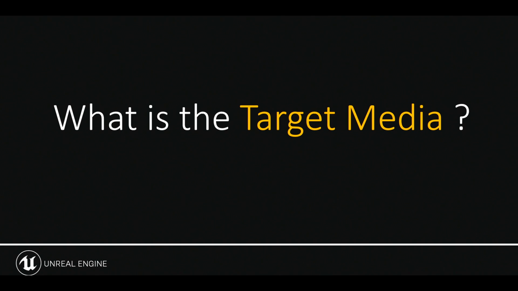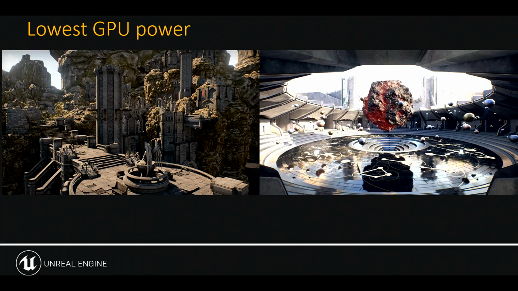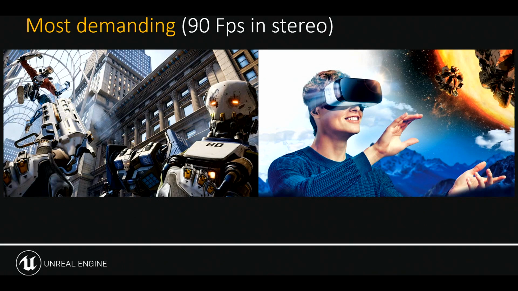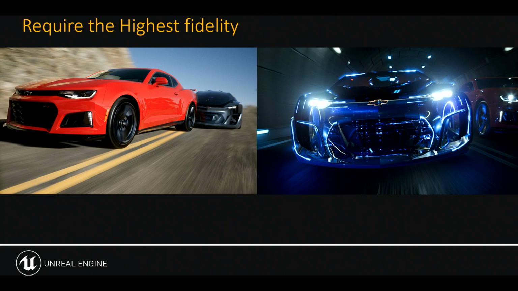So first of all, a technical question. Of course, what is your target media? Are you targeting mobile? It might be just the lowest GPU power you can get. Or are you going to have a project that is more VR oriented, meaning it's going to be the most demanding? You have 90 frames per second, and on top of it, it's in stereo, and it's slightly over 2K, so very demanding. Or is it a project that is a real-time cinematic, so that it requires the highest